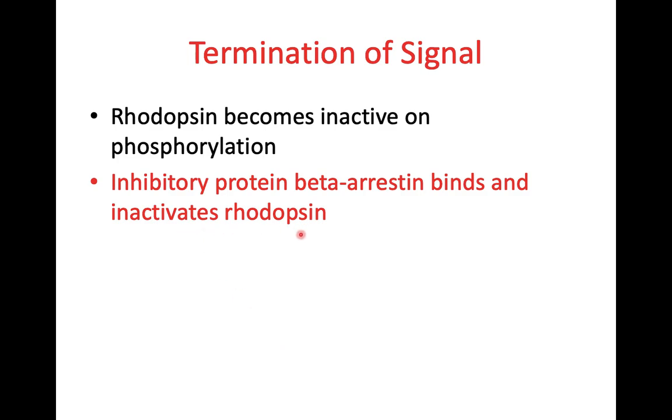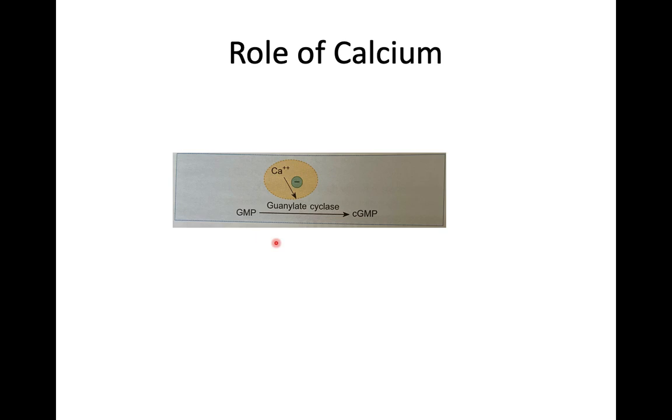Another process to arrest it is that we have another inhibitory protein, beta arrestin, that will bind with the rhodopsin, and then rhodopsin becomes inactive, which leads to termination of the optic signal. Another is that calcium also has a role in the termination of the optic signal. So what does calcium do? It increases the activity of the enzyme guanylate cyclase. Guanylate cyclase will convert GMP into cyclic GMP. Okay, so more formation of cyclic GMP will lead to opening of the sodium channel,